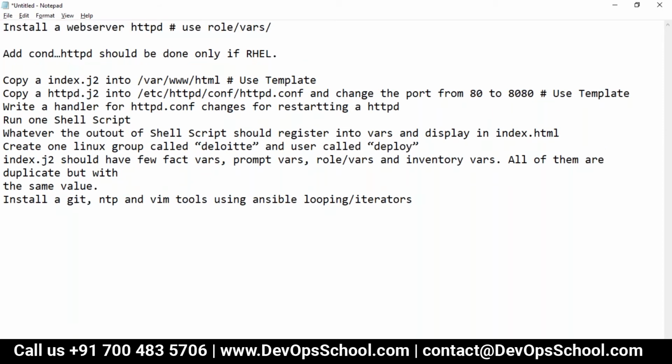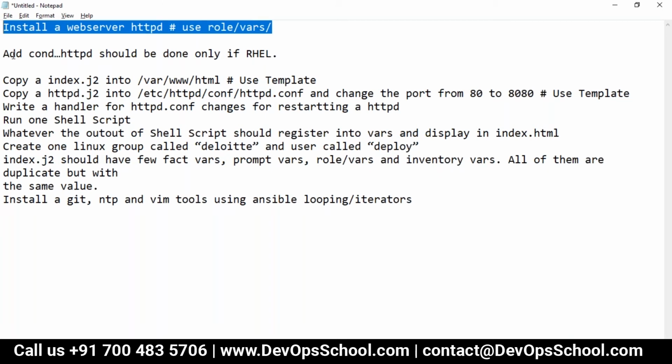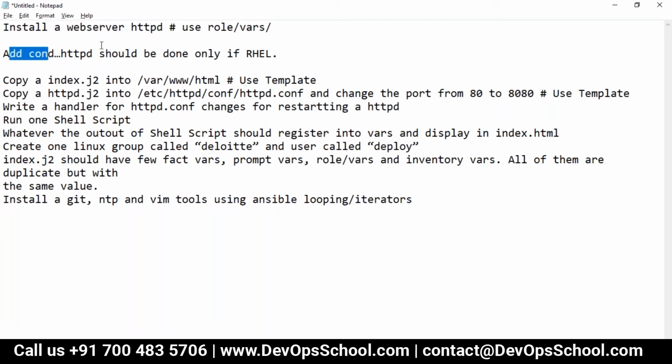Okay. Second step, what I said in the same step number 1, add the condition. This should be installed only if this is RHEL. For this, we could have used the fact variable: when the Ansible fact variable is equal to RHEL, Red Hat, then you do this task. Did you find any difficulties here? We had this code already in day 2 or day 3.